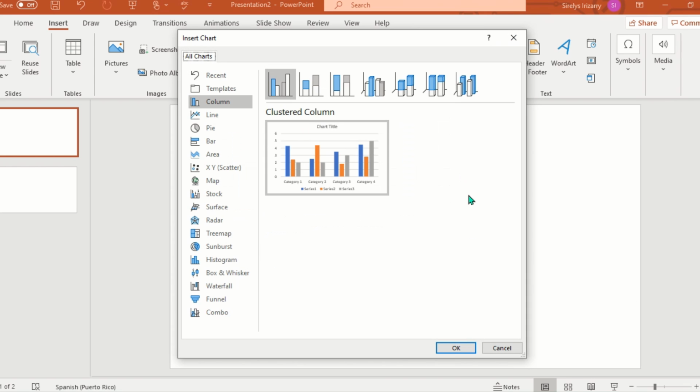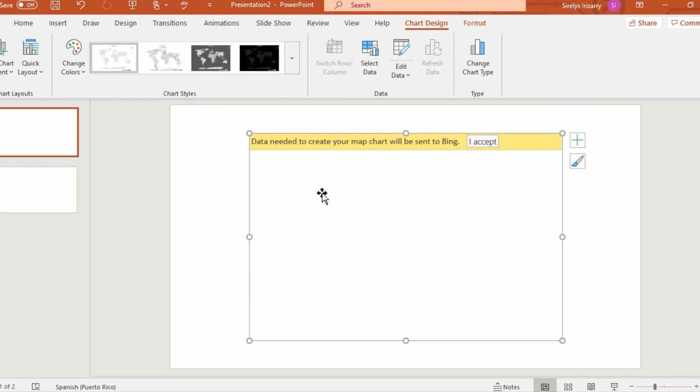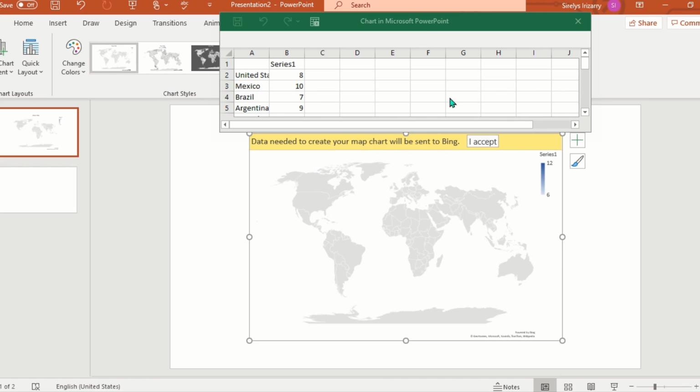When we click on Chart, we're going to get a list of all of the different templates that we can add to our PowerPoint. Right now, I'm going to click on adding a map of the world to this slide. Once I accept the conditions, it gives me access to changing the layout. It even comes with a little spreadsheet of Excel where I can edit exactly what I want students to see